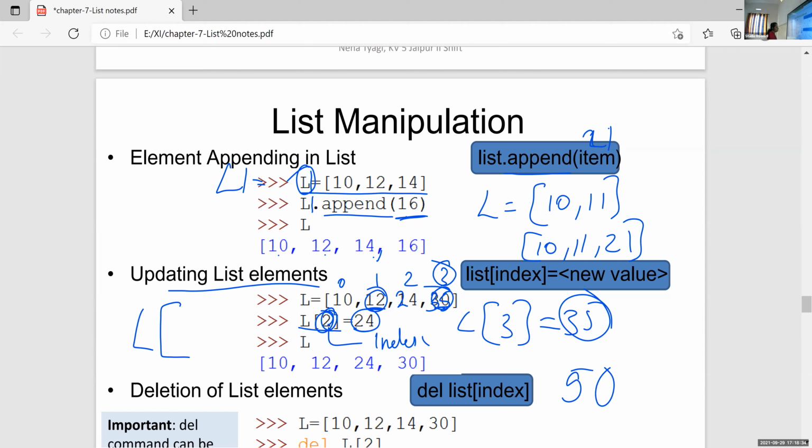What is the index value of this 12? It is 1. Okay, so L of 1 is equal to 50. Is it clear? Sanjana, is it clear? Yes, ma'am.